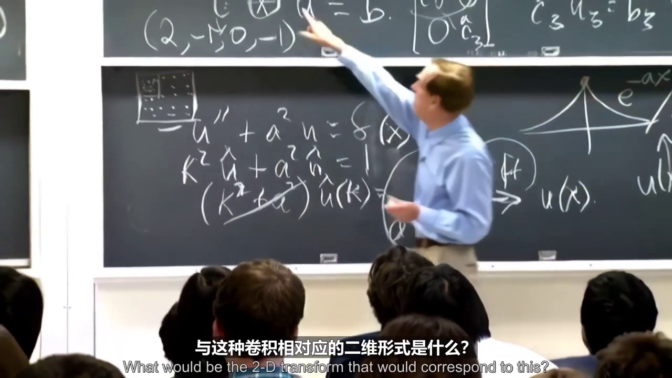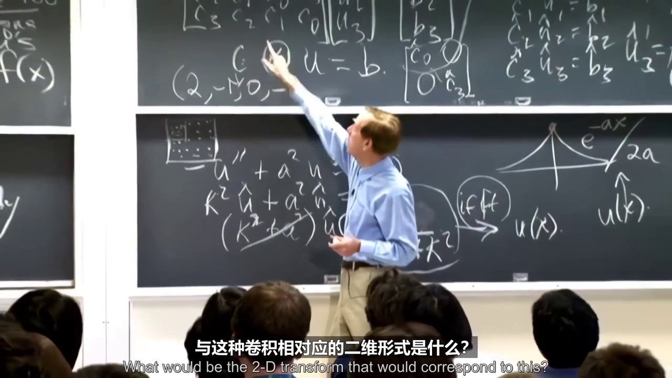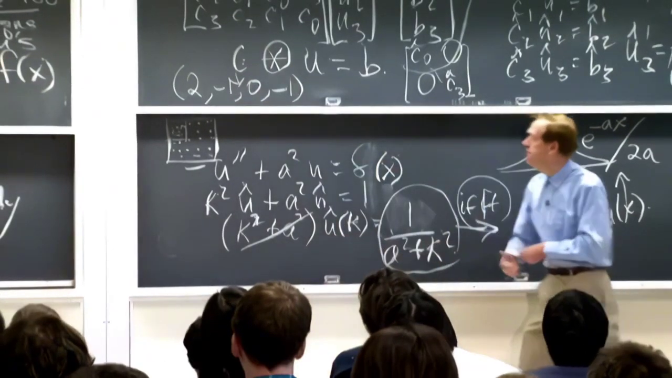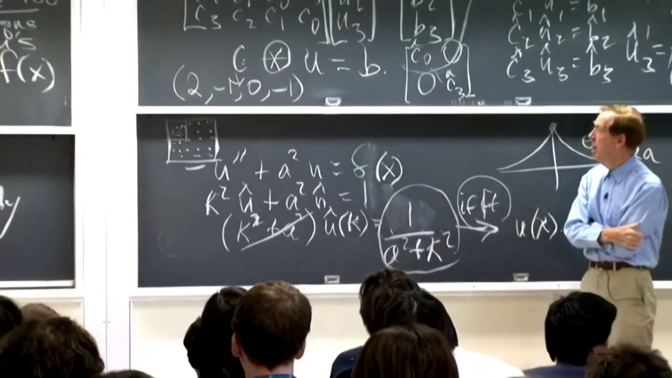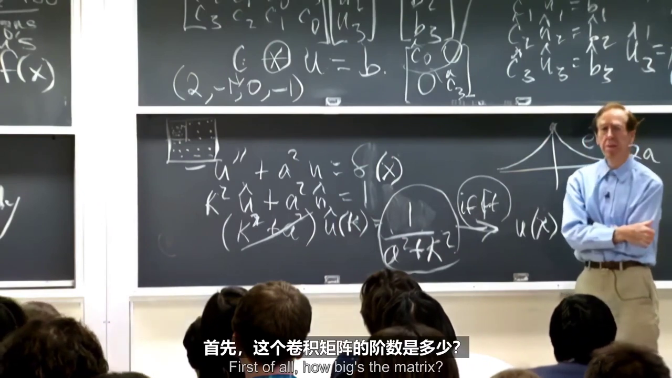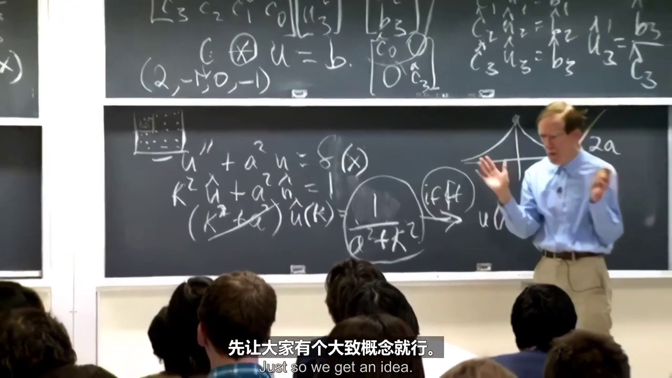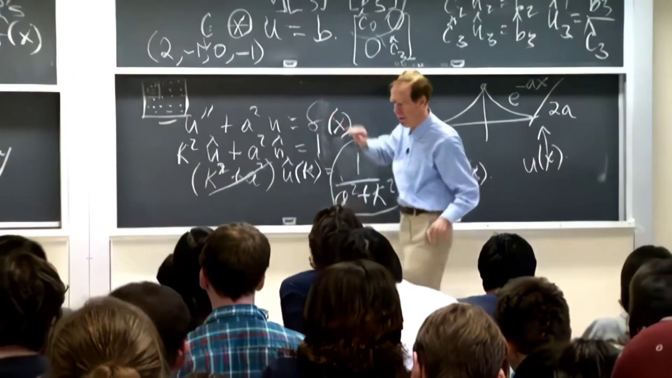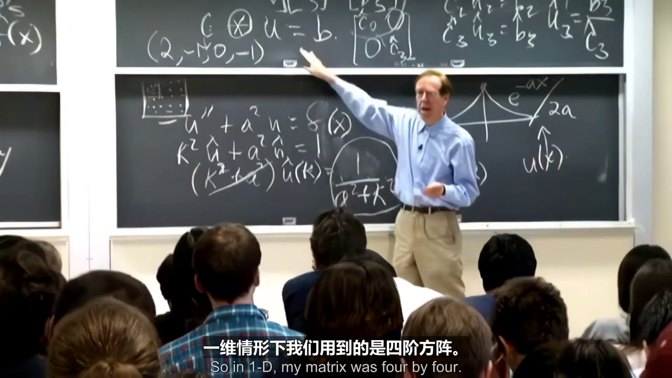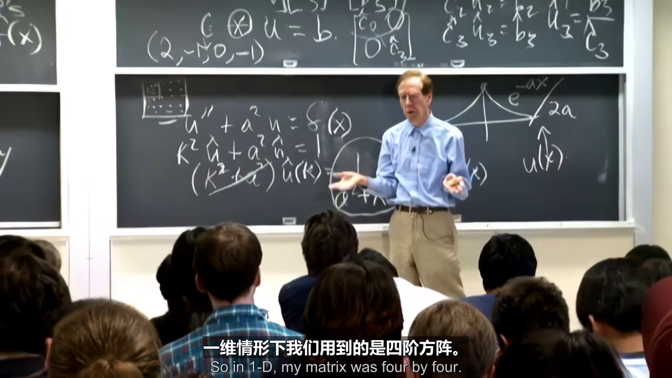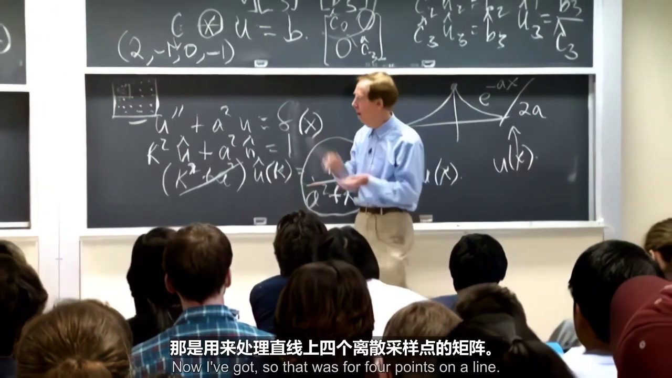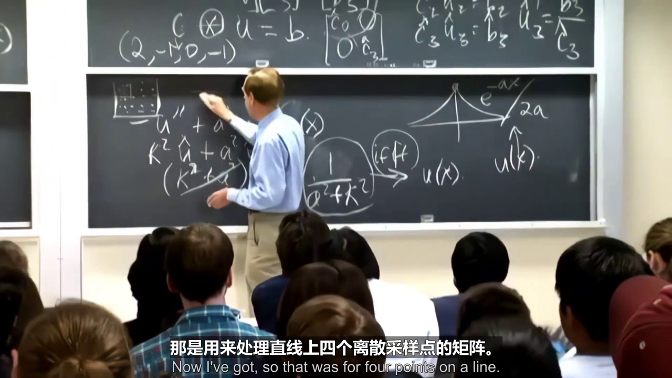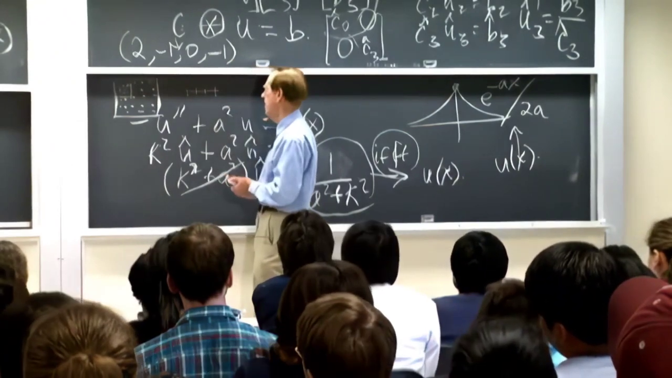What would be the 2D transform that would correspond to this? First of all, how big's the matrix? Just so we get an idea. I probably won't get to the end of this example. But just, so in 1D, my matrix was 4 by 4. So that was for 4 points on a line. Now I've got